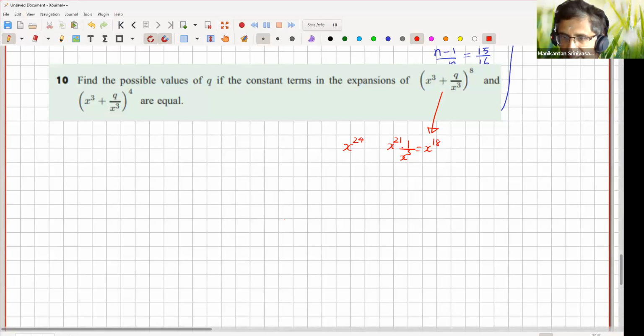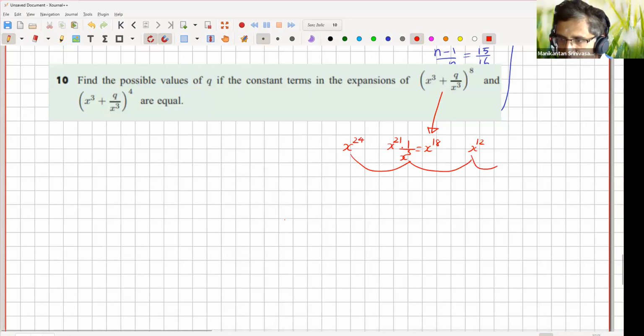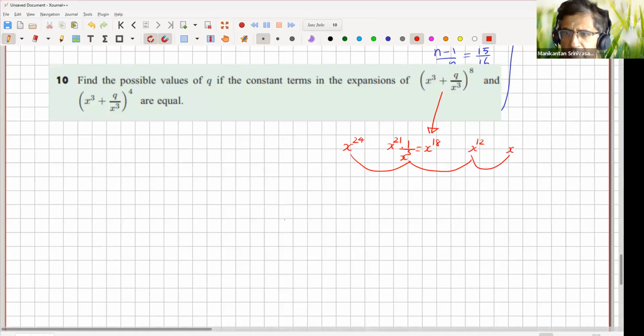Okay, so with every successive term, the x cubed power is going to reduce by 1. The 1 by x cubed power is going to be increasing by 1. So collectively, the power of x will decrease by 6. Correct? So the next one is x power 12. Okay, and the next one would be x power 6, and the next one will be x power 0. Okay, so what we need is, this is n choose 0, n choose 1, n choose 2, n choose